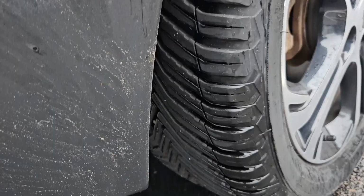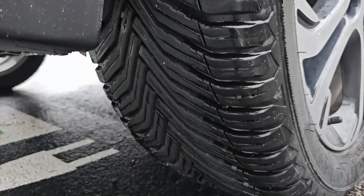And also, I have all weather rated tires on this Bolt, the Cross Climate 2s, which are great. They're snow rated. It's really nice for living here in Massachusetts, where I have to deal with snow and ice and rain, but they definitely hurt my efficiency versus the stock low rolling resistance tires. I get around 200 to 230 miles of range in the weather conditions that we had for this trip. It's not a bad range number for a 2017 EV, where a lot of EVs had 80, 100-mile ranges, but even a pretty decent range can't make up for bad fast charging,